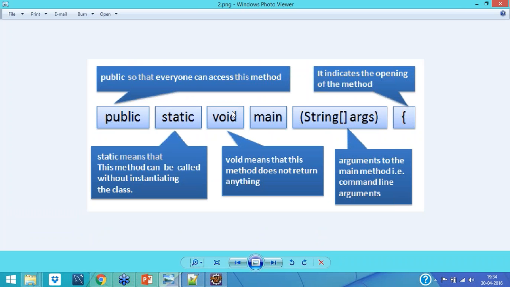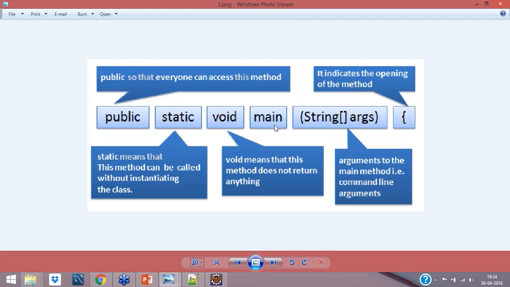So there is a flow. Once static happens, after that constructor, then instance, then all others will happen. That I'll explain in my next class. Then void. Void means the return type of any method you are writing. This is a method, the main method, and this is the return type.